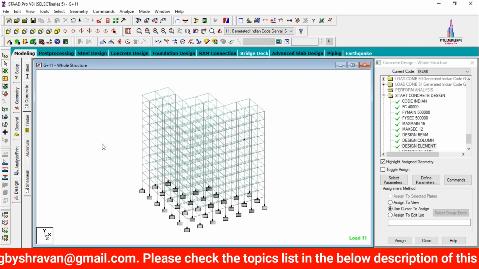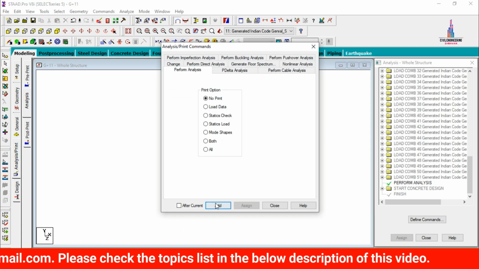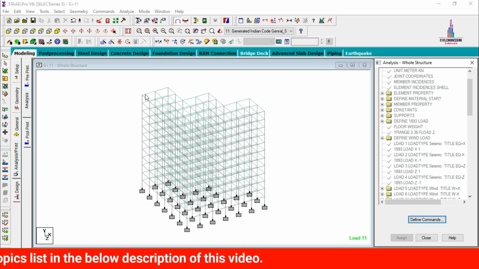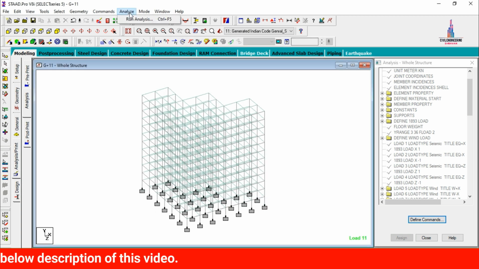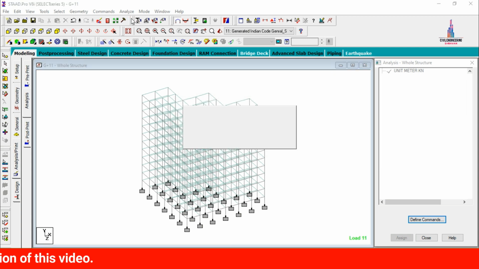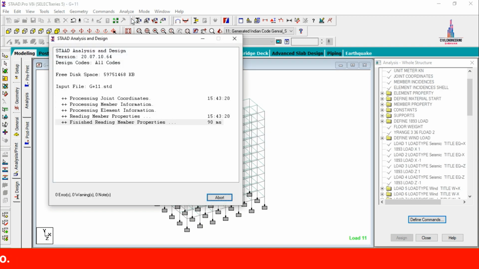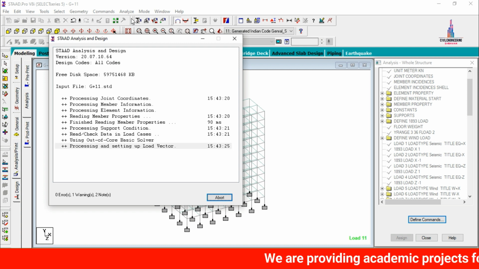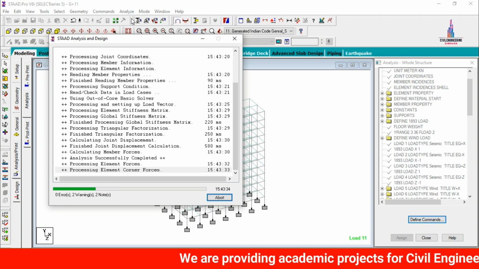So after that, go to analysis and print again. Add your no print option again, close option again. Again we have to check for the zero errors for this respective section. Go to analyze option further, click on run analysis, save it. So here we have to check for the zero errors for this respective design also. So now we can see here my model is checking for the zero errors as per the considerations of the designing values.